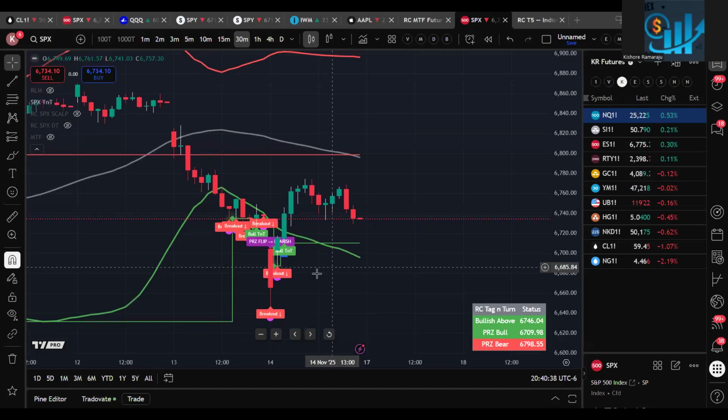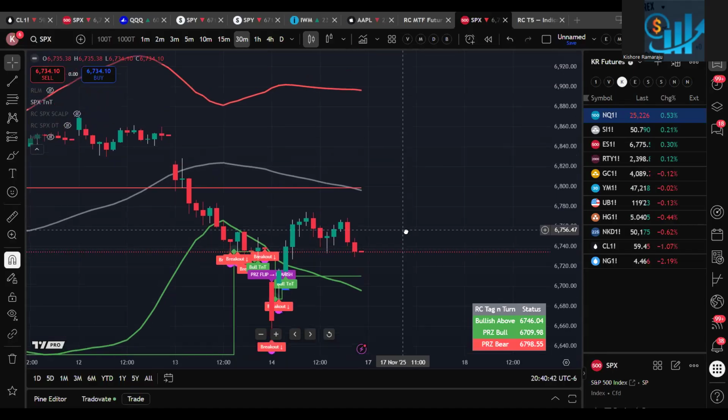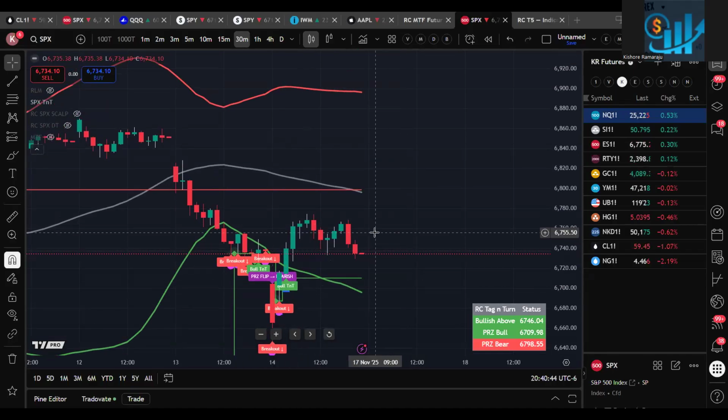So this is a strategy which you can use on a daily basis. Also this will give you an indication. Generally, if you got a bullish tag and turn in 30 minutes, that means for at least the next 2 to 3 days, ES and NQ will be bullish. For example, if you see